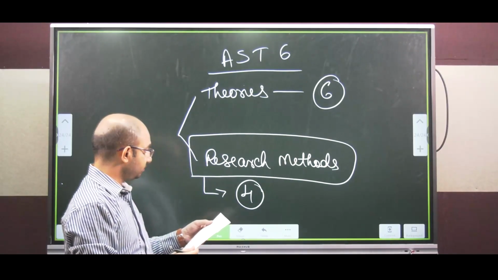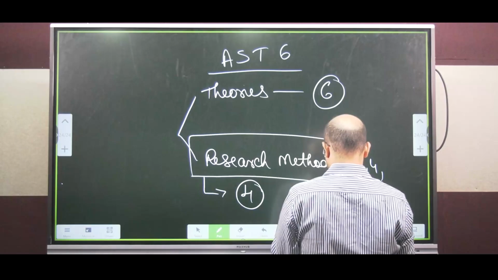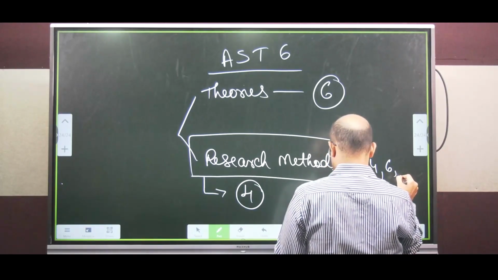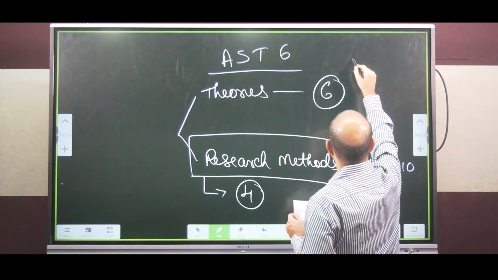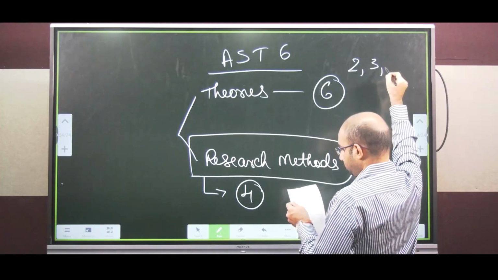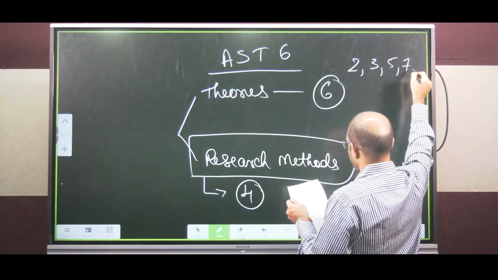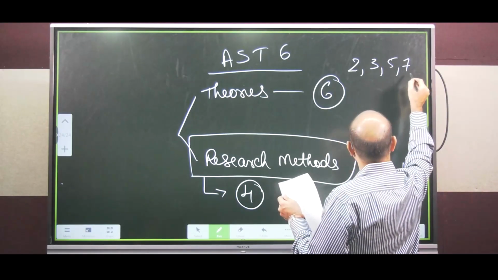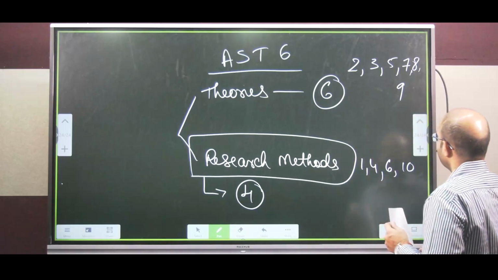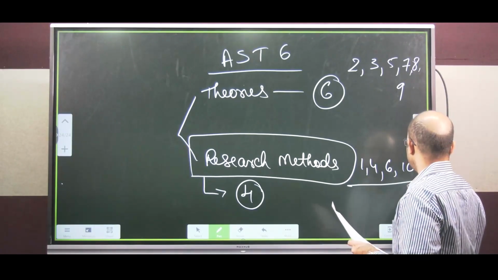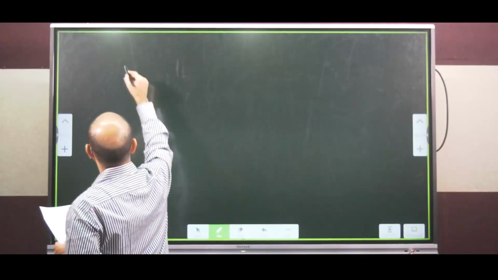So what are the questions from research methods? We have 1, 4, 6, 10. These are the questions from research methods, and from theories we have questions number 2, 3, 5, 7, 8 and 9. So these are the questions from theories. We'll first quickly wind up these because these are very simple and easy, right? We'll begin with first question, that is